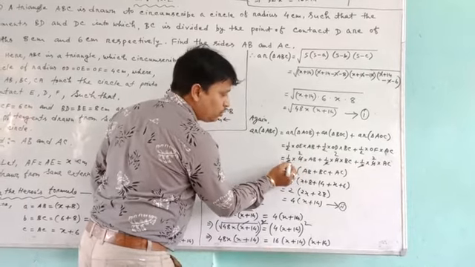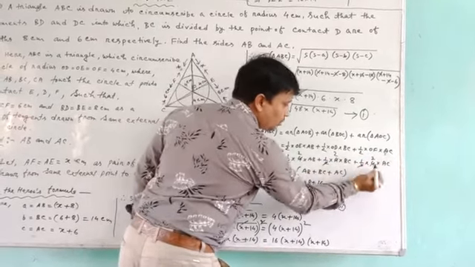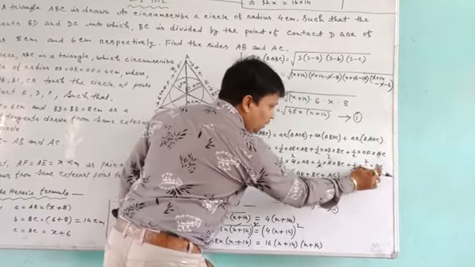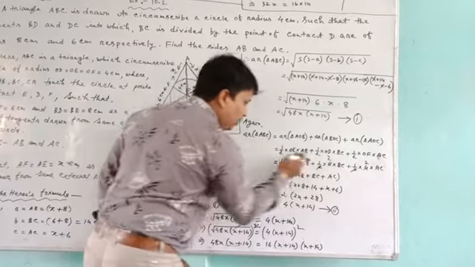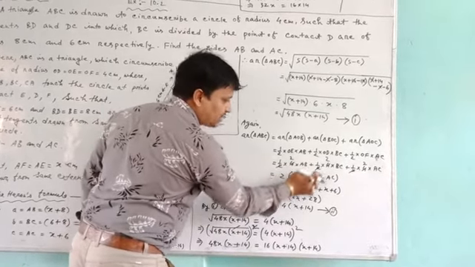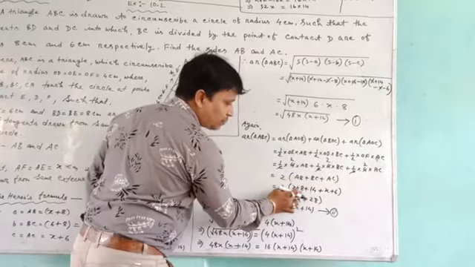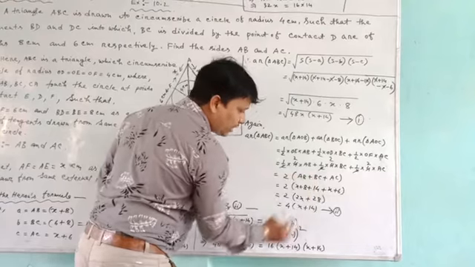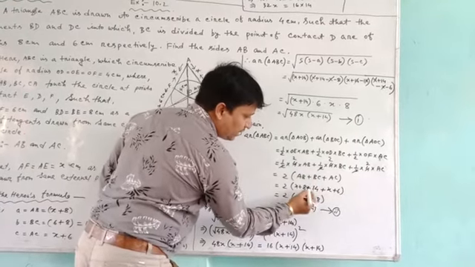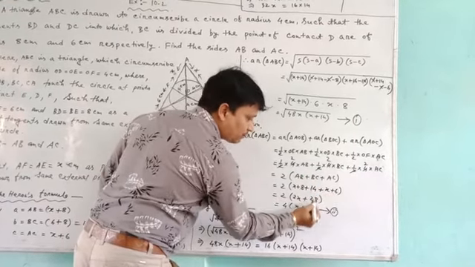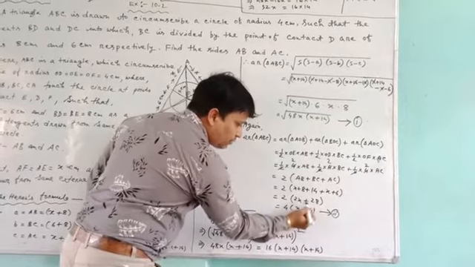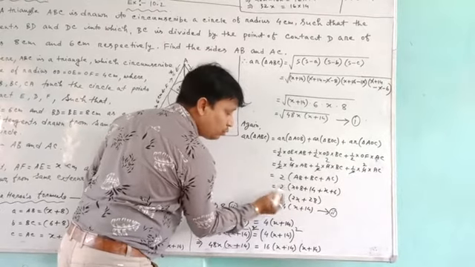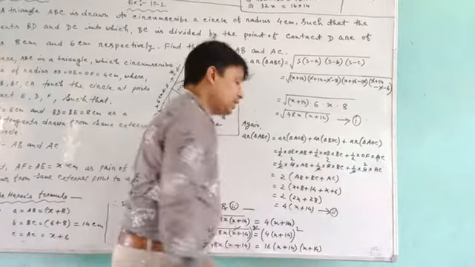You cut the 4 with 2, so 2 to the 4. Then 2AB, 2BC, 2AC in the middle with plus. Then you take 2 common, and left is AB plus BC plus AC. AB is x plus 8, BC is 14, AC is x plus 6. Then do the calculation: x plus x is 2x, and 8 plus 6 is 14, 14 plus 14 is 28. From these two terms you take common 2, and outside there is 2, so 2 to the 4 and x plus 14, which is statement number 2.